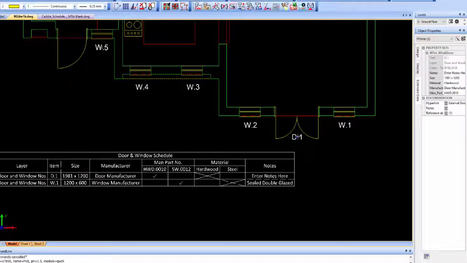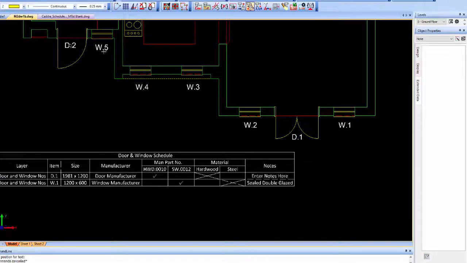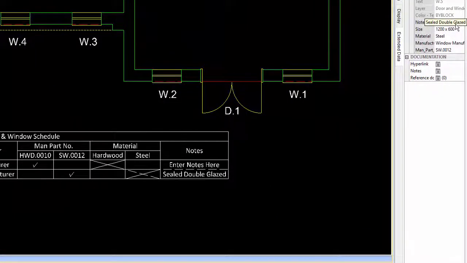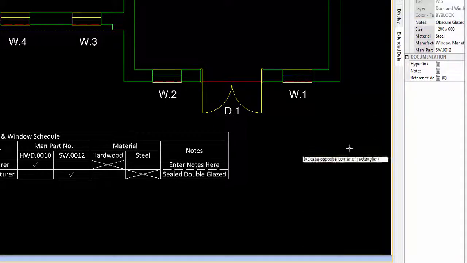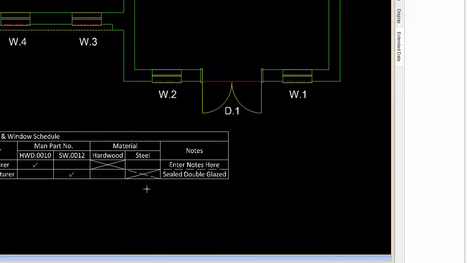Now we can do similarly with our door text, so that's moving that up to D2 in that particular case, and we can make any modifications that we need to. So this could be, if we just make that say obscure glazed, okay,